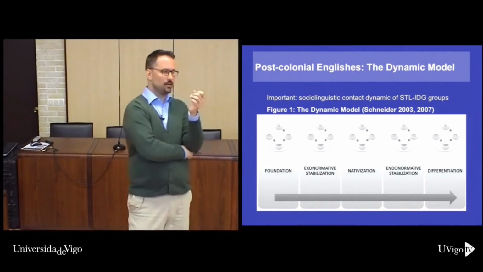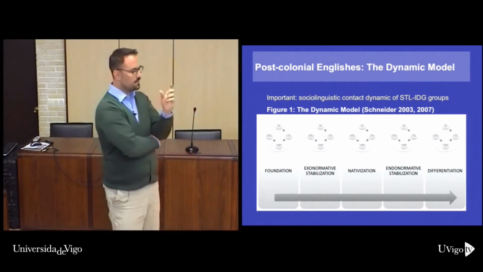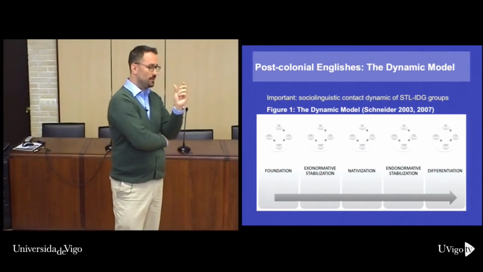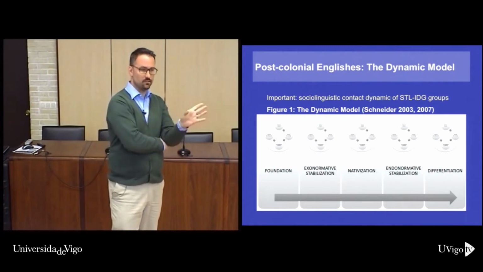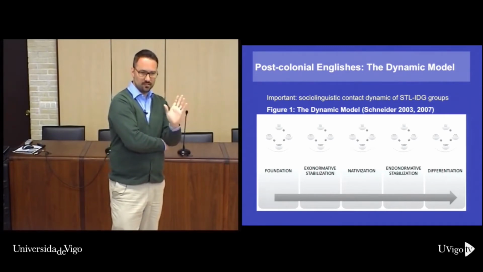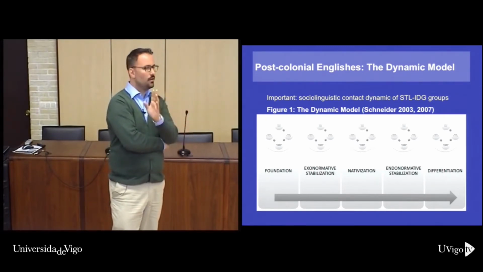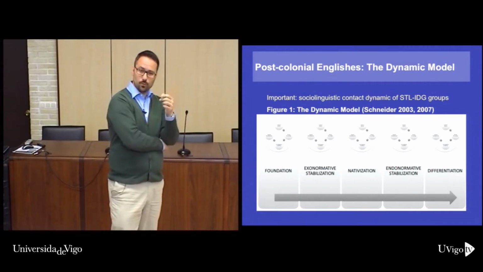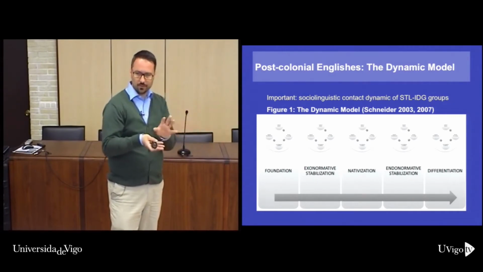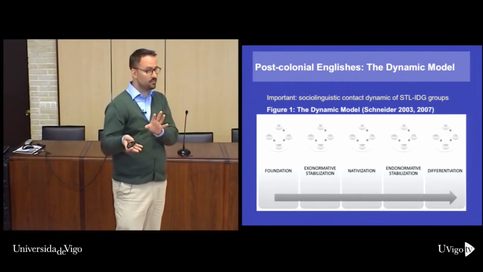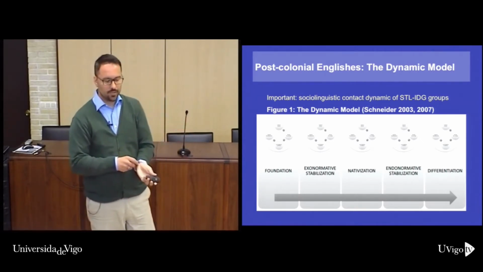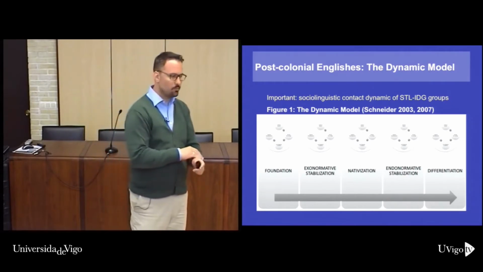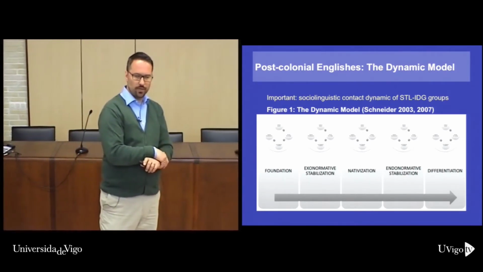Okay? And he always looks at this from 2 sides, and the people in the settler strand need to re-establish their identity, because if they stay in the country, they're no longer British citizens, okay? Because then they are citizens of Kenya, or of South Africa, or of Singapore. And that's an important step. You are no longer a British citizen, now you've got to redefine yourself as a Kenyan citizen, or as a South African one. And for the indigenous people, obviously, now the Brits would have been gone.